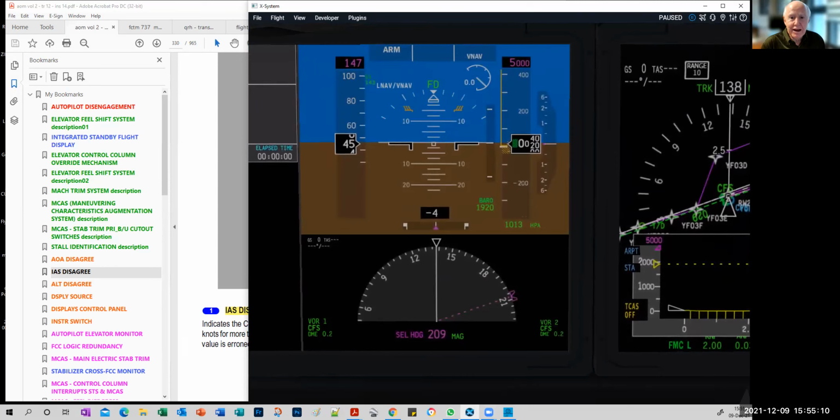And what I'm saying here is that I'm comparing the captain's PFD to the ISFD and comparing the first officer's primary flight display to the ISFD, the standby horizon. If the captain's and the standby agree and the first officer's don't, the captain's is a reliable indication, more than likely,